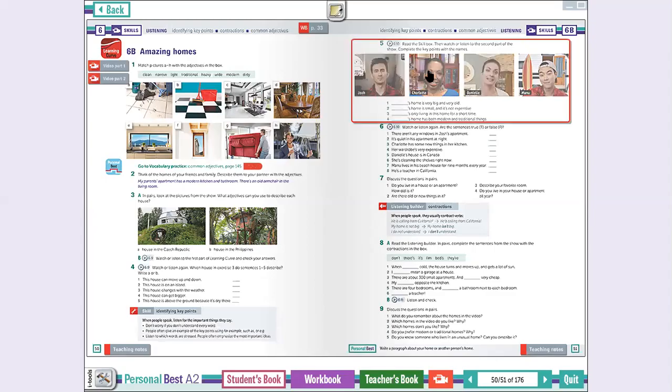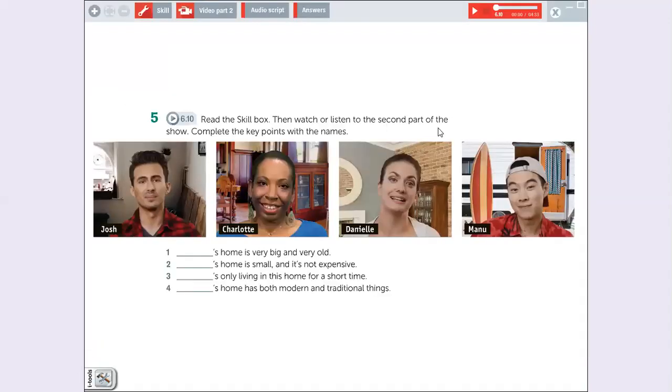We're going to check this part, okay? On page 51, we have this. This is the second part of the video, of the audio, okay? Esta es la segunda parte del audio. So, we're going to listen to the second part of the show, and then complete the key points